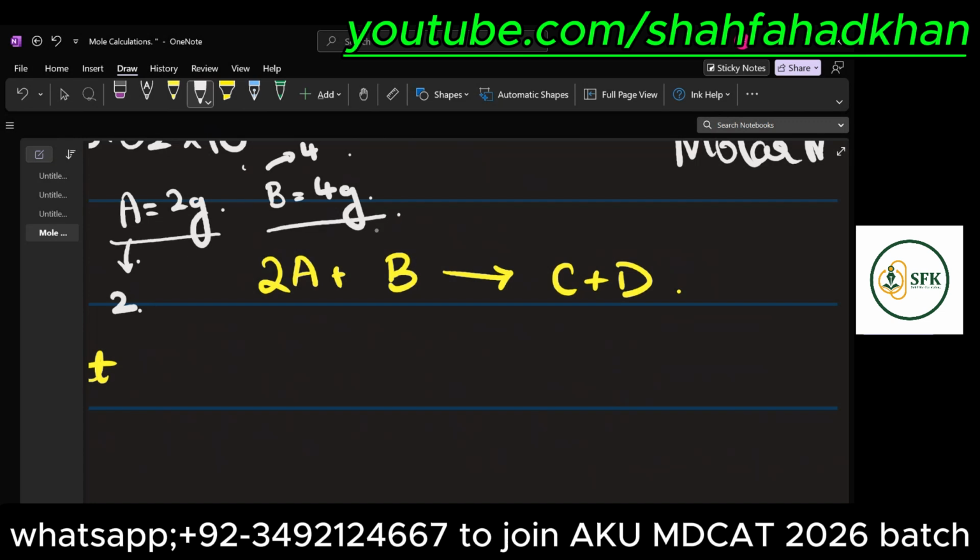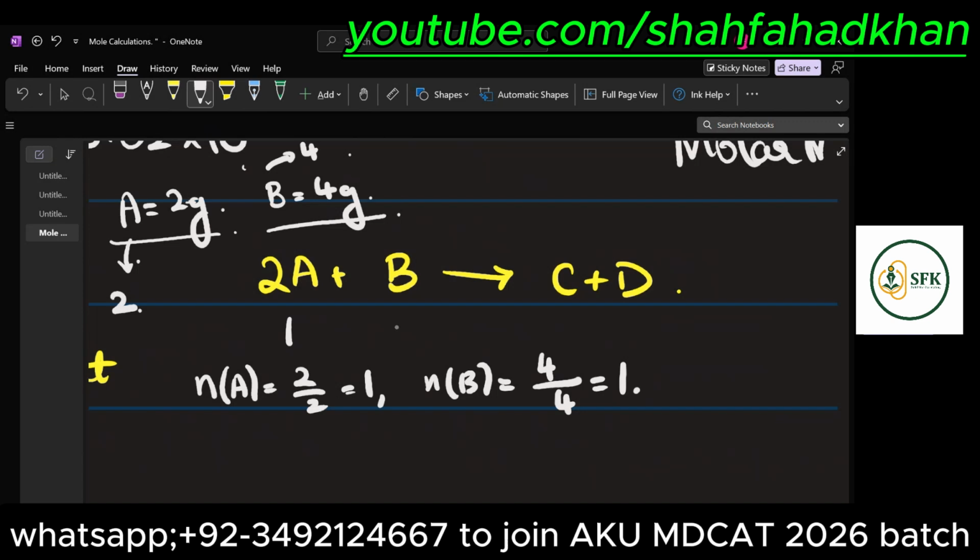Now we cannot judge this based only on the masses. We need to convert these two into their moles. So first we need to find out the moles of A, which is mass over molar mass, so 2 over 2, which is 1. Then we need to find the moles of B, which is again mass over molar mass, so 4 over 4, so that's also 1. This means A and B are present in a ratio of 1:1 according to this mass